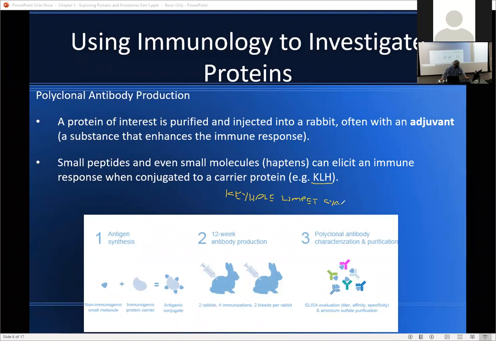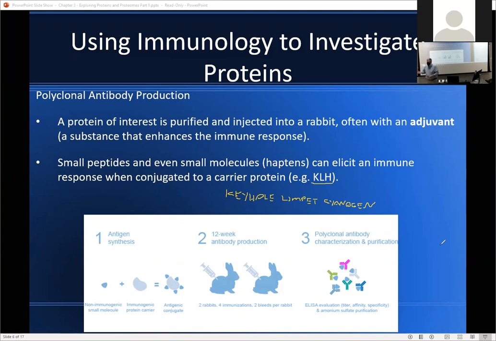You don't have to know this. If you just know KLH on the test, you'll be fine. And I know it's really hard to read my writing when I'm trying to write with a mouse. Keyhole limpet cyanogen. So a keyhole limpet is a little snail-like marine creature, and it produces this one protein that's